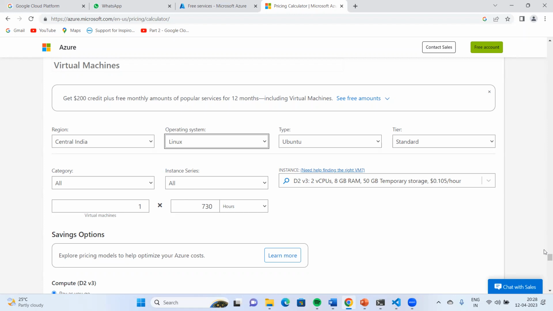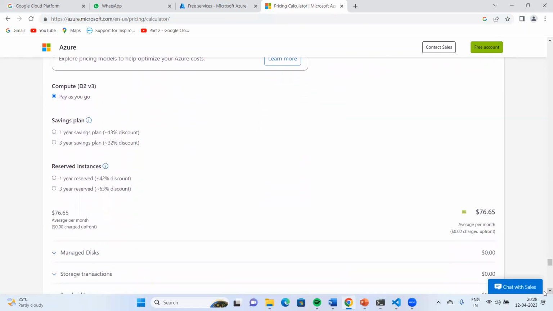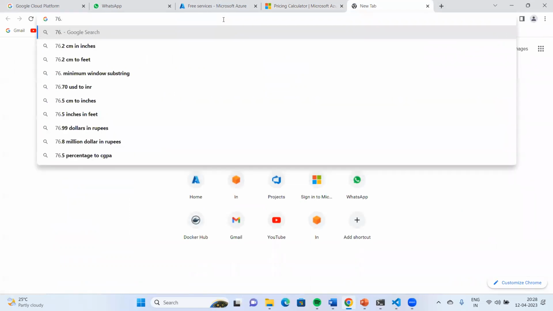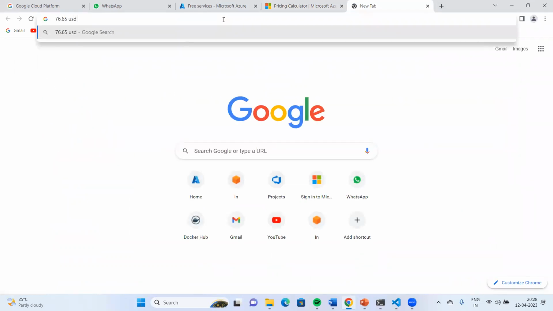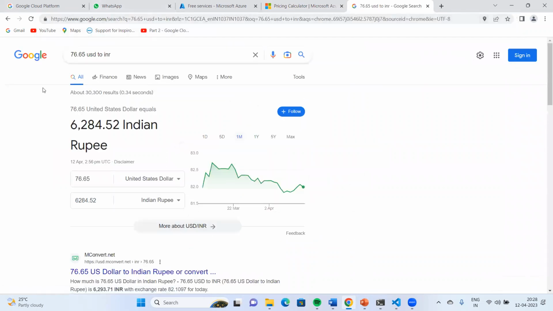If you scroll a little bit down, you will see the cost. How much cost are you seeing? $76. You can convert this 76.65 USD to INR. How much are you seeing? 6,284. So in the first 1 month, if you are using this machine for the complete month, how much will be